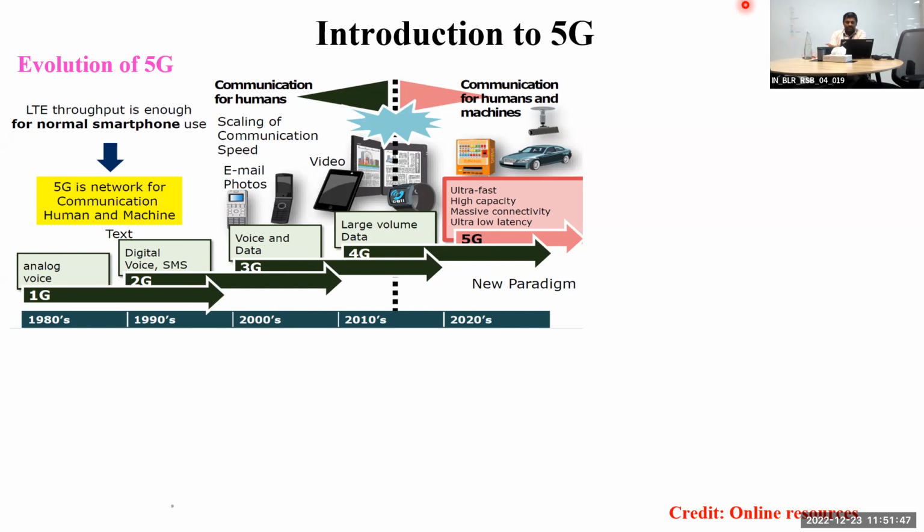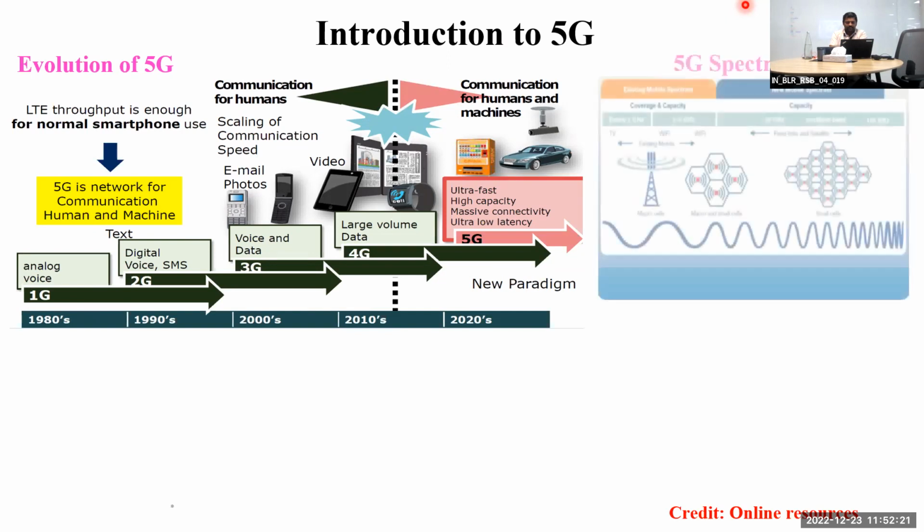enhanced mobile broadband, which is mainly for very high throughput, I would say. The second application was machine type communication, integrating machine type communication with the networks. The third one was to cater for URLLC, ultra reliable low latency communication based networks, for example, healthcare, medicine, or autonomous cars and so on. Okay, that's about the 5G.